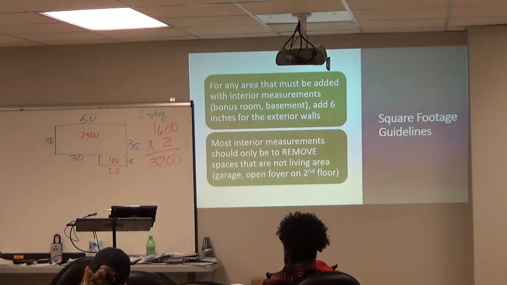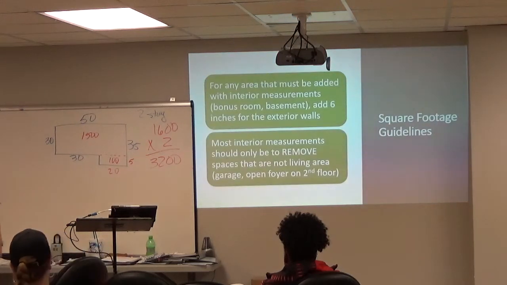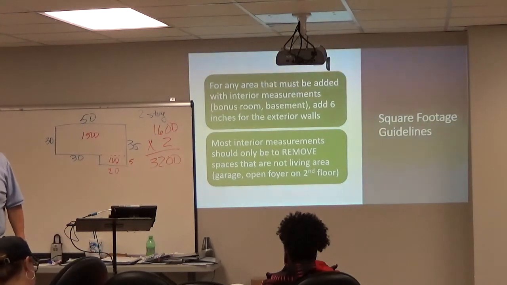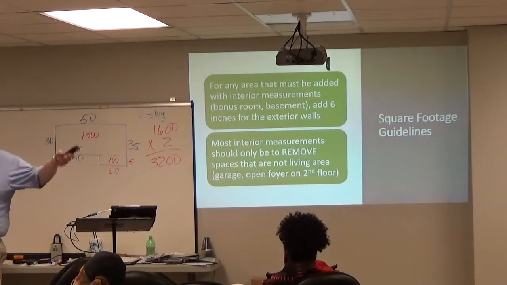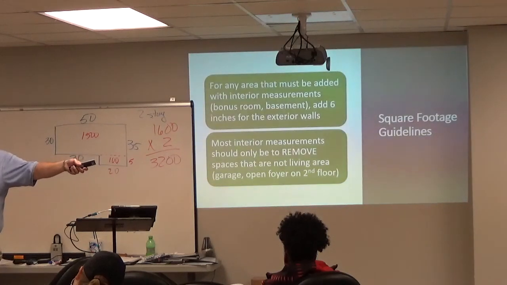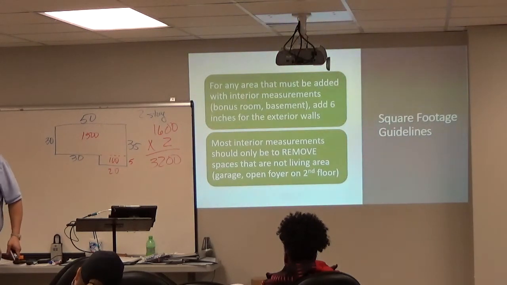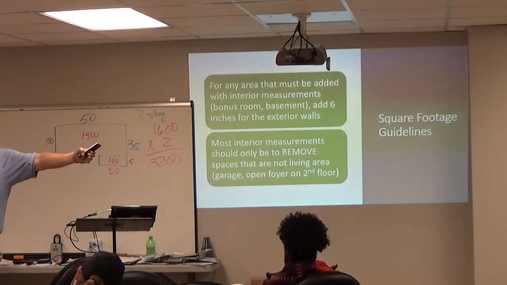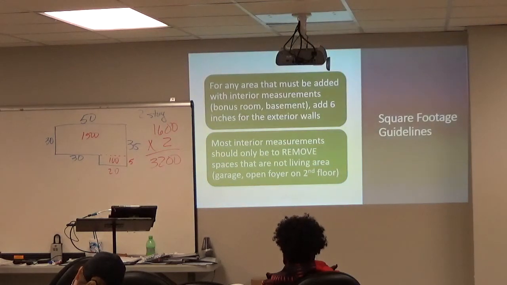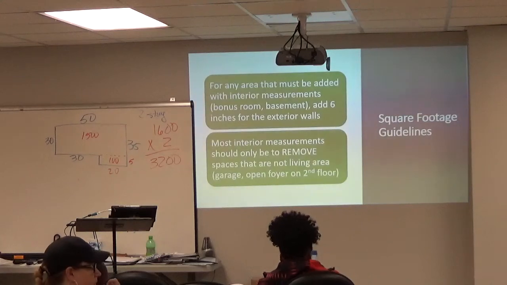That's only if you're measuring where? Inside. If you're measuring outside, you don't have to worry about that. But if you have to take an interior measurement, add 6 inches for each wall. So if I had to measure this room as an interior measurement, wall to wall, how much am I going to add? 6 inches over there, 6 over there. So a total of 1 foot in the width, and 6 inches for that wall, and 6 inches for that wall, 1 foot that way as well.